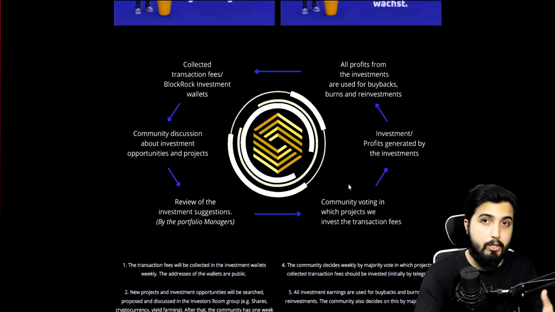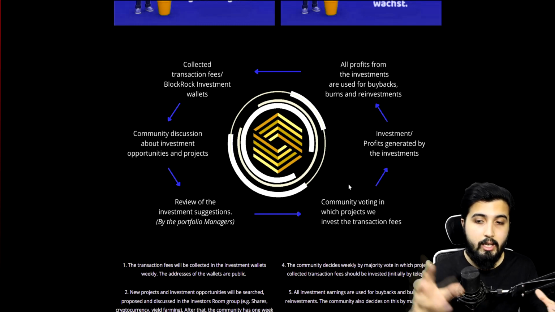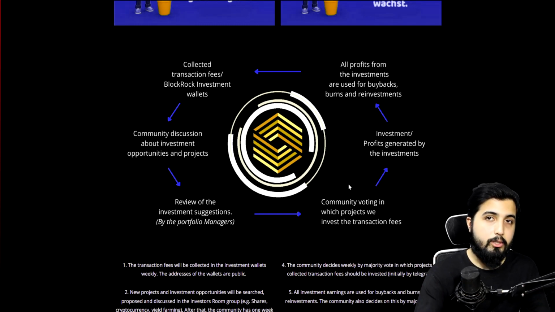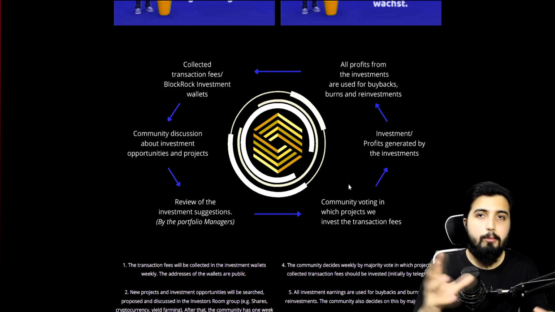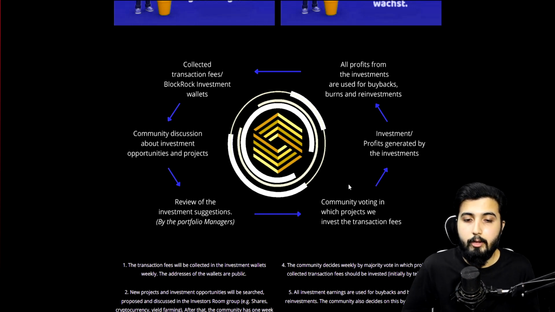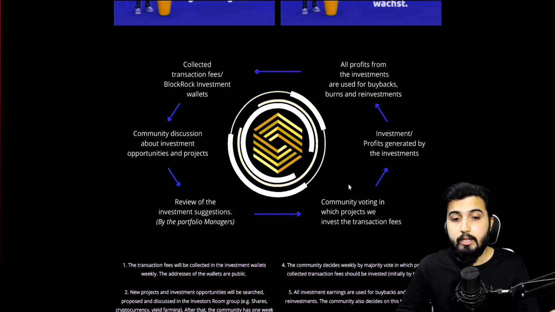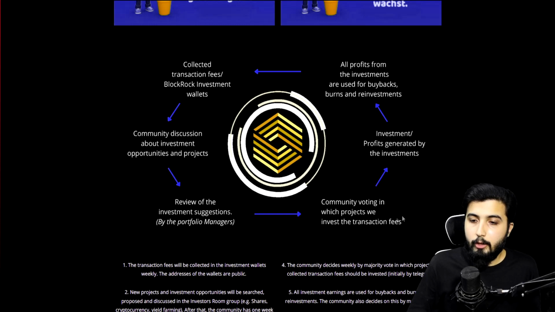Now do know that the portfolio managers, these are holders, but the more tokens you hold, the more levels that you have, in a sense. We're going to talk about how many tokens you have to hold to become a portfolio manager and so forth. So those suggestions are given to the portfolio managers, which then review them, and then the community votes